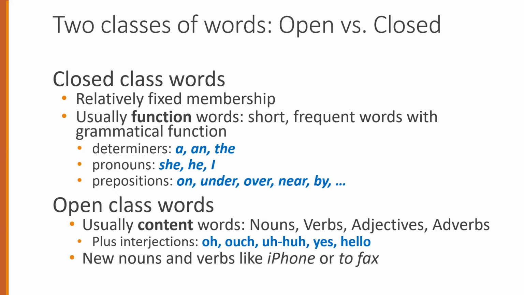Parts of speech fall into 2 broad categories: closed class and open class. Closed classes are those with relatively fixed membership, such as prepositions. New prepositions are rarely coined. By contrast, nouns and verbs are open classes. New nouns and verbs like iPhone or to fax are continuously being created or borrowed.